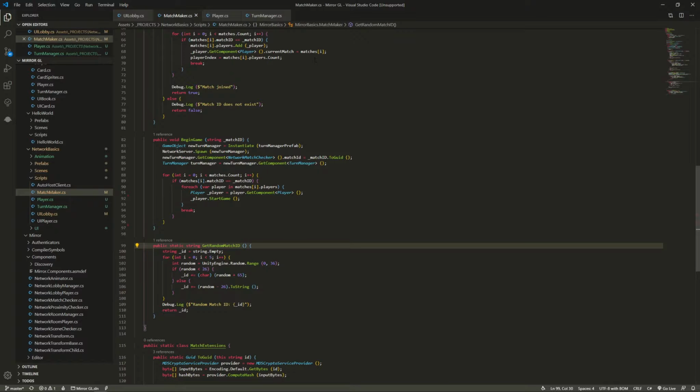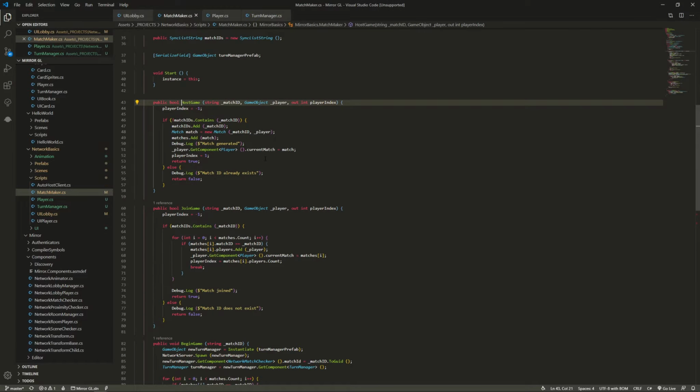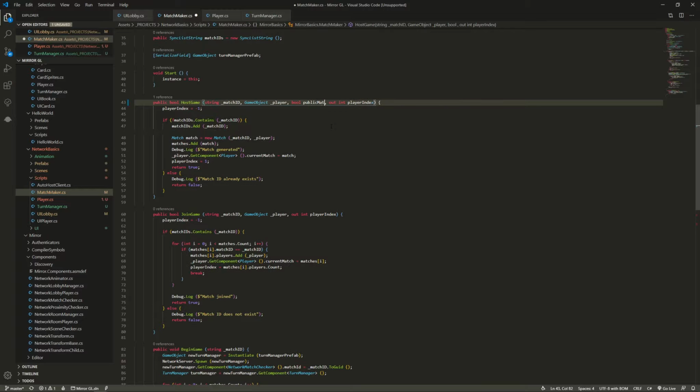So that just gives us the ID, and then we pass that ID along to command host game, which then calls the host game function over here. Right, so in host game on matchmaker, let's put it before over here. So bool public match,